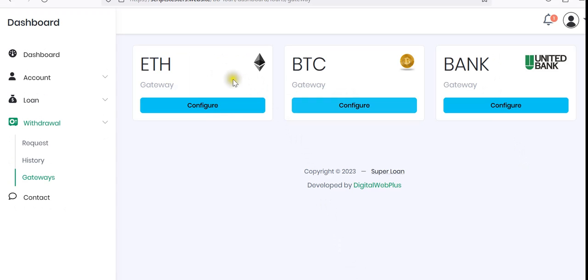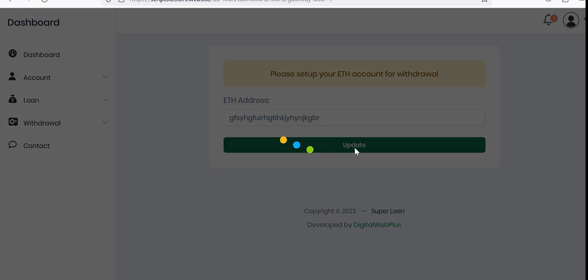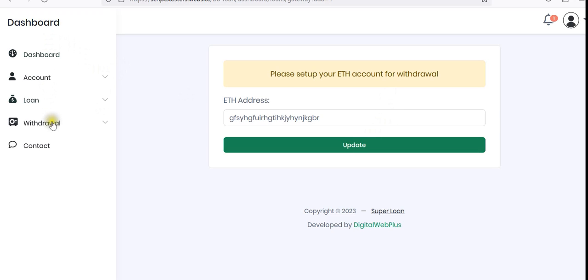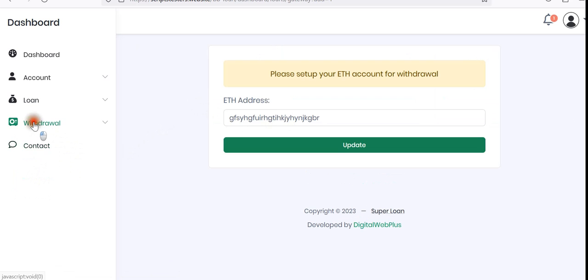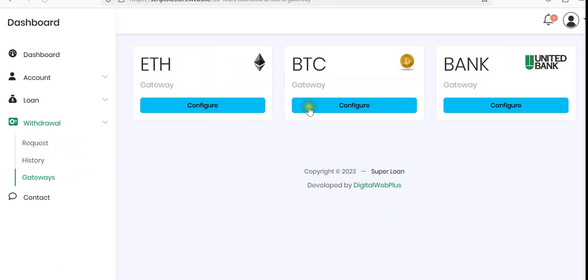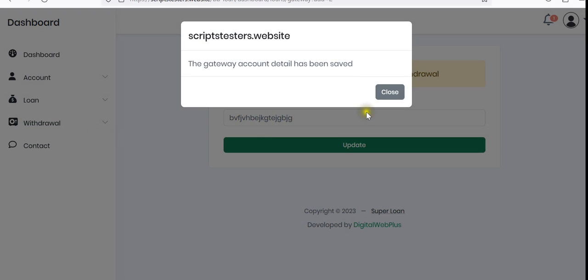Now, ETH is there, so that is Ethereum. If you click on it, you see that there is no information here. Now, any information here is the user's wallet. Let's say this is the user's wallet. He has to update it. Now, if I go back and come to gateway, if I click on ETH, you see the user's wallet is there. So I go back to gateway. If I click on BTC configure, I can put the wallet there. Then the third one,